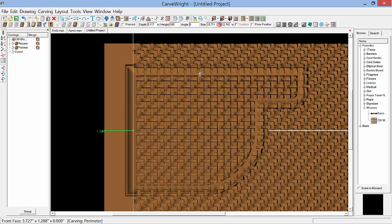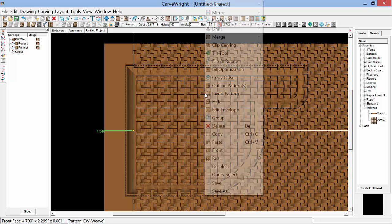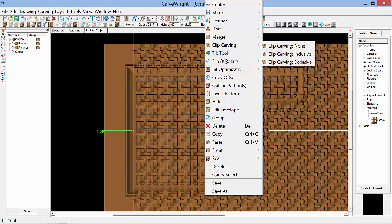Now that didn't remove this part of the weave pattern that's going over into our profile going around the edge. That profile is actually a carve region also, along with our recessed carve region here. So when we clip this weave, we want it to clip to the inside of this carve region, but it doesn't know which one to do until we do some grouping on it. So I'm going to go ahead and right click on this weave pattern and select Clip Carving Inclusive,